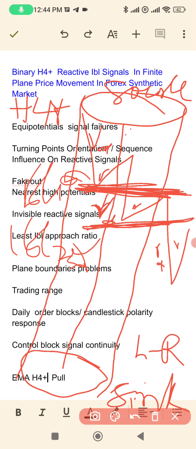But in this video, the general rule of thumb is that whenever the market retraces towards the IBL, there are probabilities of generating reactive signal. Okay, so long the source of the retracement that will create this reactive signal is used in the stop loss placement. Okay,